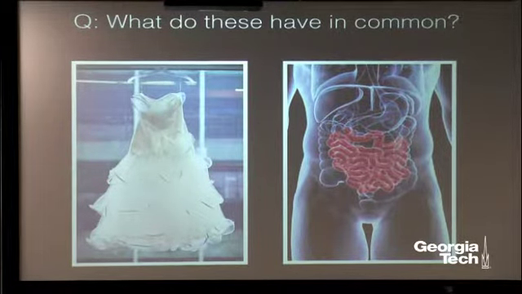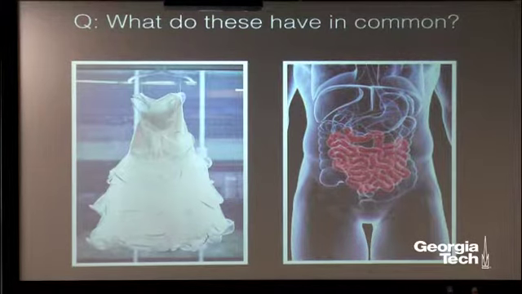They're curved. Okay, that's definitely true. But would you believe me if I told you that the physical mechanism that causes this wedding dress, the tulle in the skirt, to ruffle is exactly the same as the mechanism that causes every human intestine to ruffle? I mean, there's a reason that if you looked at my intestines, the wiggles in them are going to be roughly the same as yours.